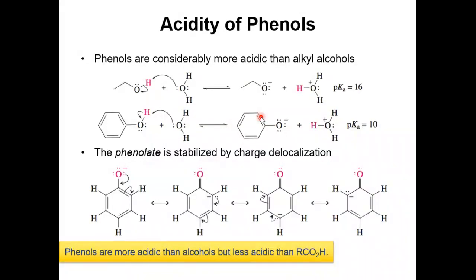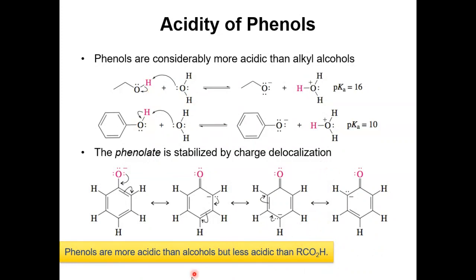They are more happy as they are. They are less likely to accept the proton. So that makes phenoxide much less basic than alkoxide. So when the phenoxide is less basic, its conjugate acid is more acidic. That's the fundamental concept of conjugate acid and base: if the conjugate base is less basic, its conjugate acid is more acidic. That explains why phenol is about 1 million times more acidic than alcohol, but still less acidic than the